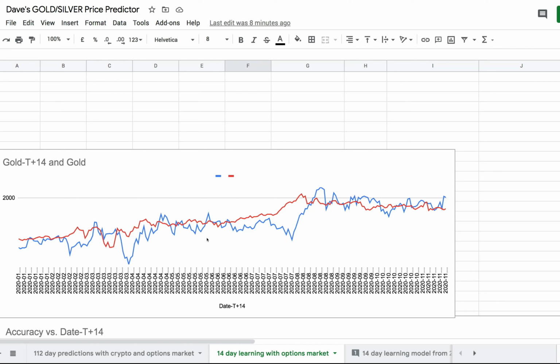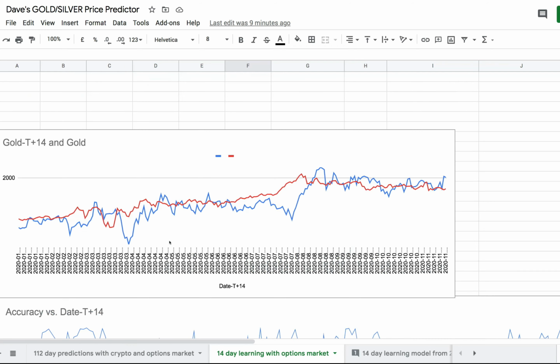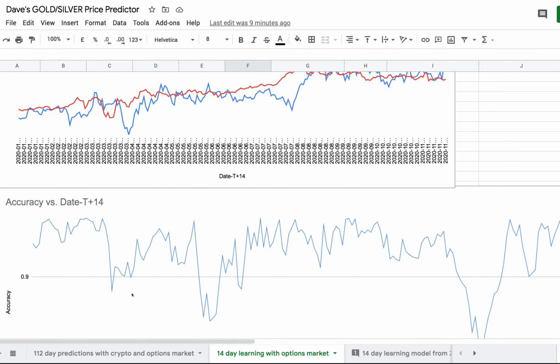Is this model useful? I think one of the things you should look for is when the predicted price and the realized price diverge too much. When you look at this prediction, when it's above 90%, it's not very interesting, the price of gold is just going to go like the price of gold in this case. But when the price diverges a lot within the 14 days, it means that some external factor is changing how gold will behave. And if it's trending upwards during this period of divergence, it means you're going into a strong bull run due to an external factor.